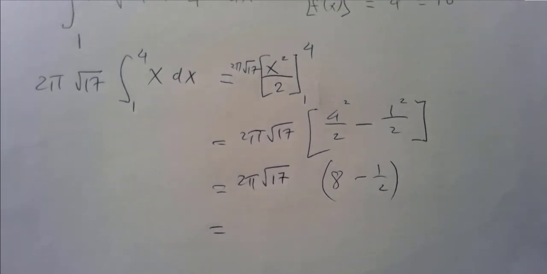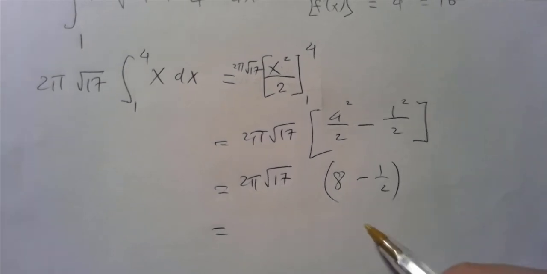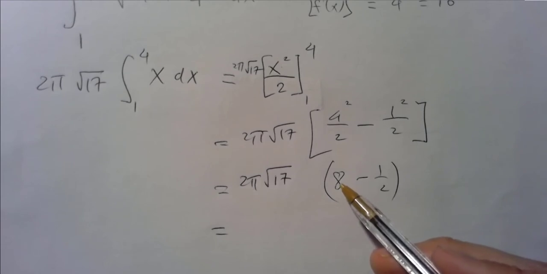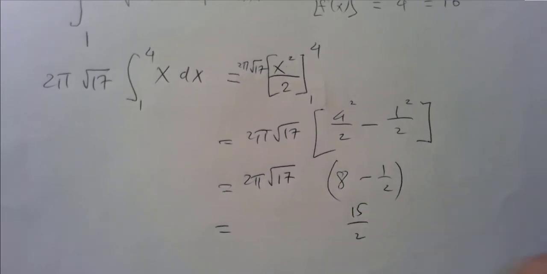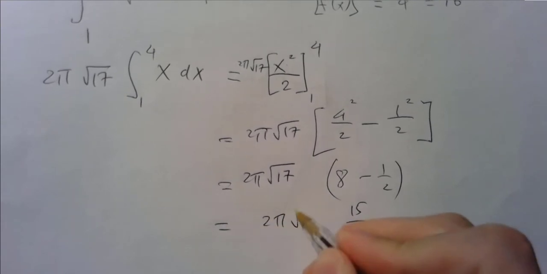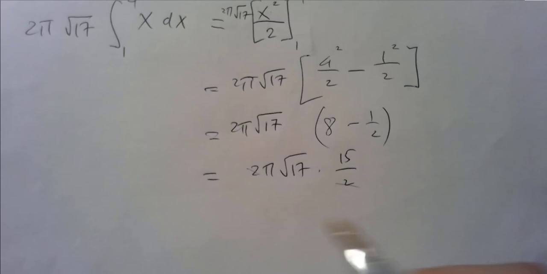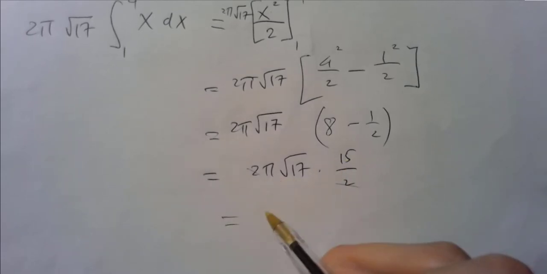So 8 minus 1/2 is 15 over 2. So 15 over 2 times 2 pi square root of 17. The 2s cancel out, so you have 15 pi